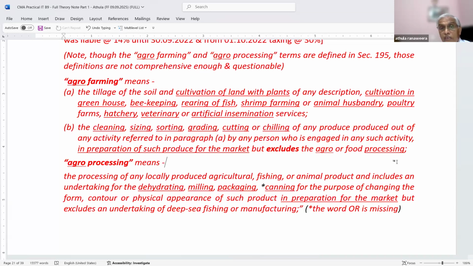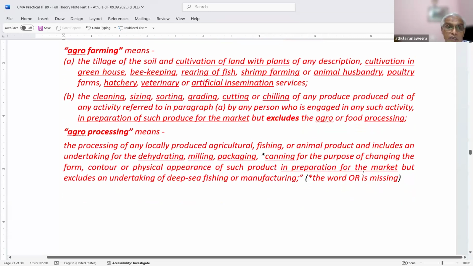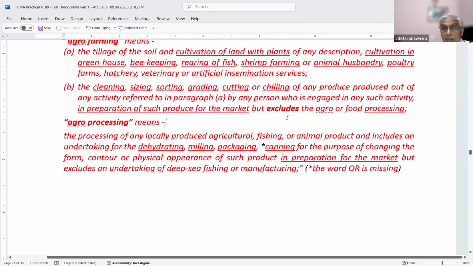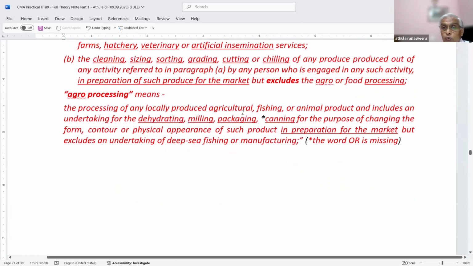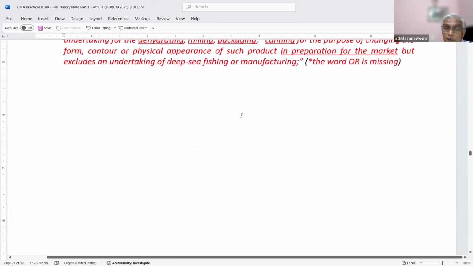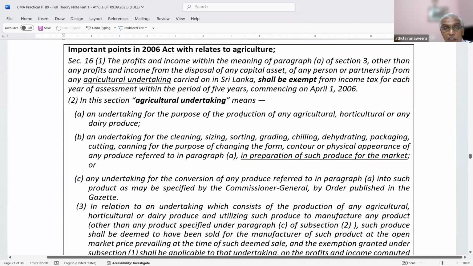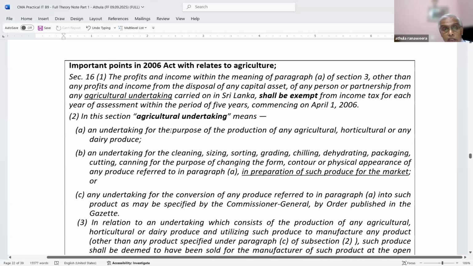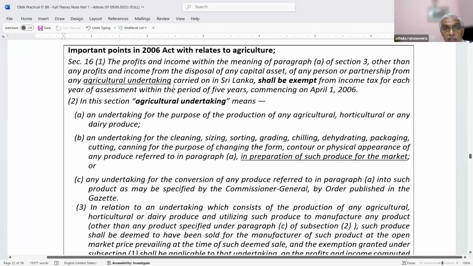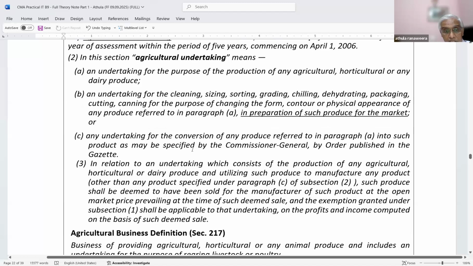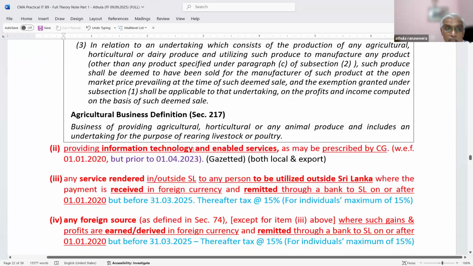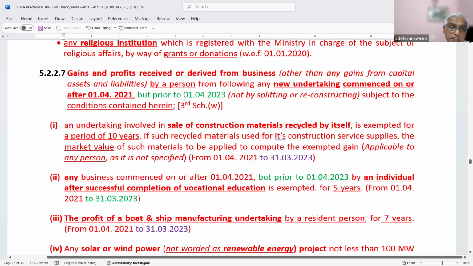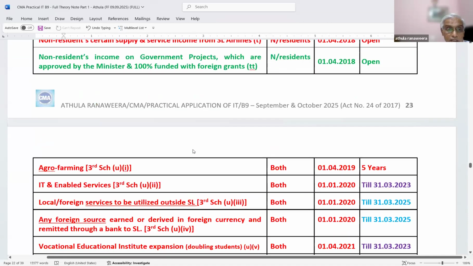To delay that, they drag as much as possible. Now, anyway, under this law also, this issue was there, right? Then the Agricultural Undertaking 2006 Act, as I explained, because my cases were under the 2006 Act. Under that, those things also I highlighted here. I'm not going to explain any further on that. You all can leisurely read these things and try to understand.